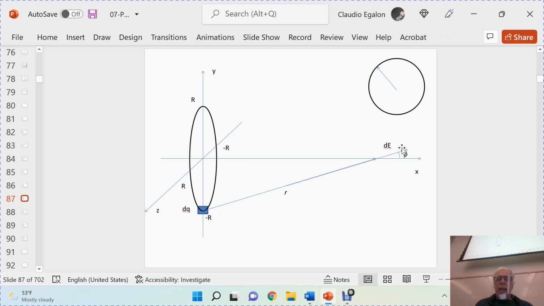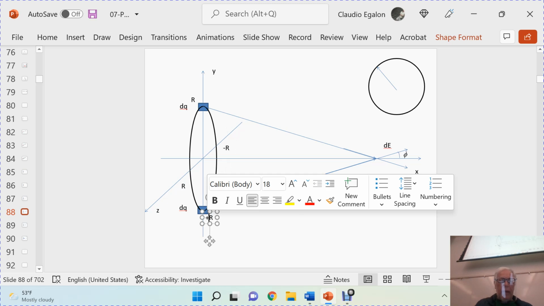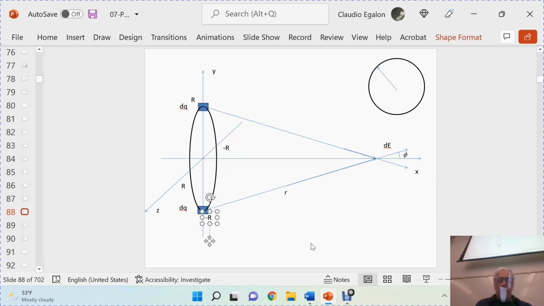It should be this vector in this direction that makes an angle phi with the x-axis. If we take another point on the other side of the ring at the top, don't forget here is minus r along the z-axis, here is minus r along the y-axis. We get another vector